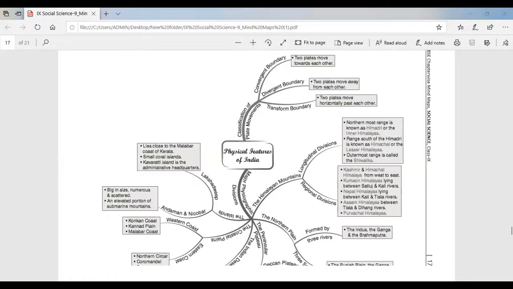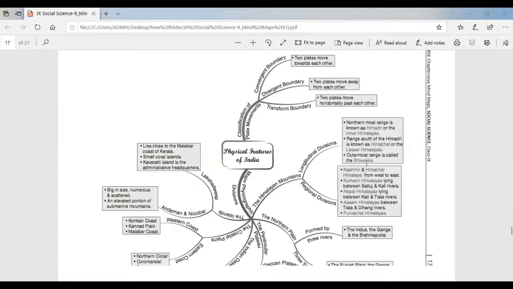The range lying to the south of the Himadri forms the most rugged mountain system, and it is known as Himachal or Lesser Himalayas. And the outermost range is called the Shivaliks.